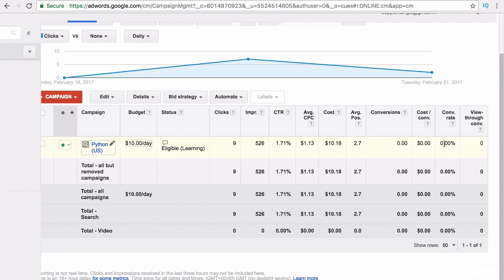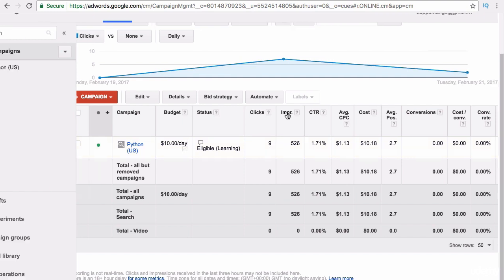Conversion rate is the percentage of clicks that turns into conversions. A click is pretty self-explanatory. It's when somebody clicks on your ad when they see it in the search. And as you can see here, there have been 9 clicks so far. Impressions is how many times your advert has been served to somebody. So you can see this has appeared on 526 occasions. But there's been 9 clicks in 526 impressions, so that means only 1.71% of people have clicked through to the product page. Average cost per click is how much each of these 9 clicks have cost me overall,